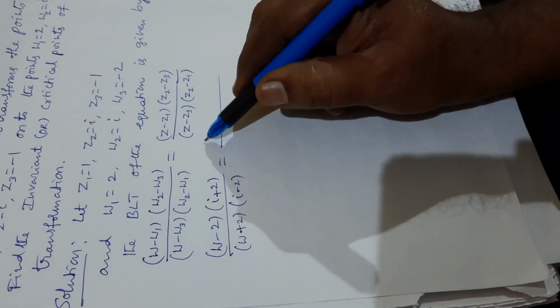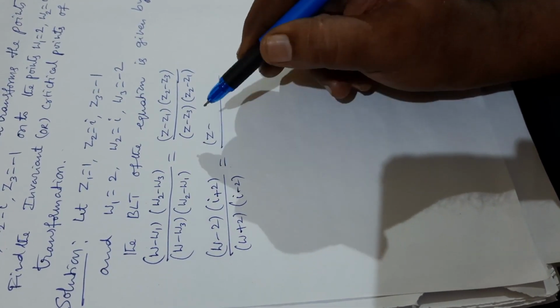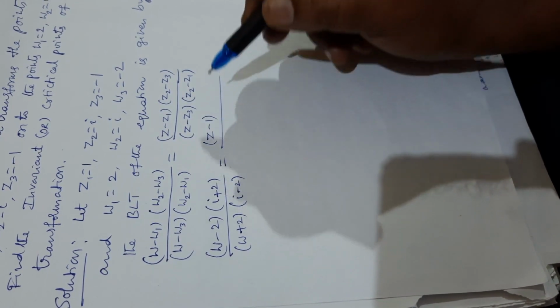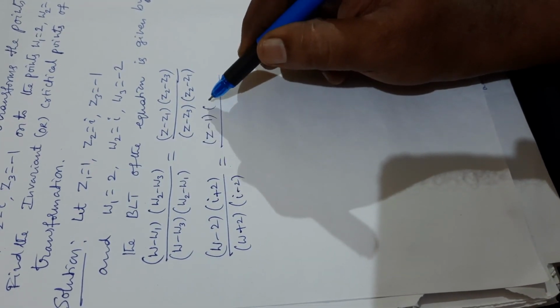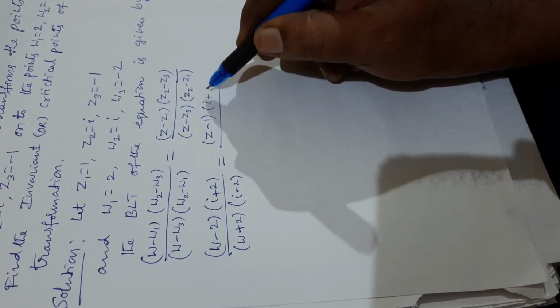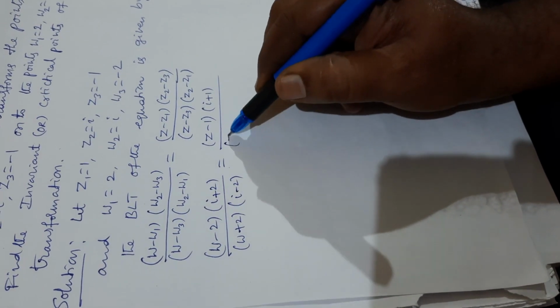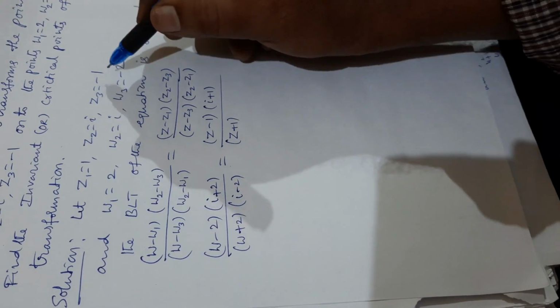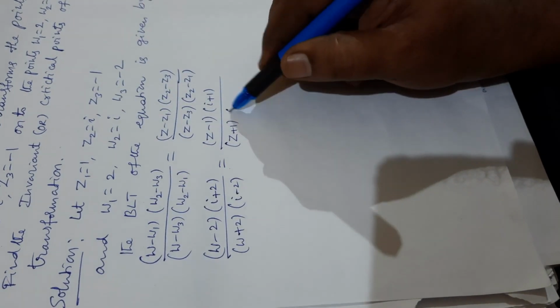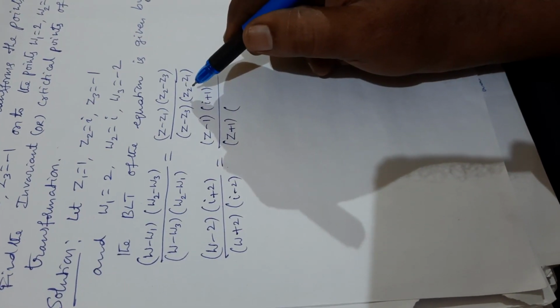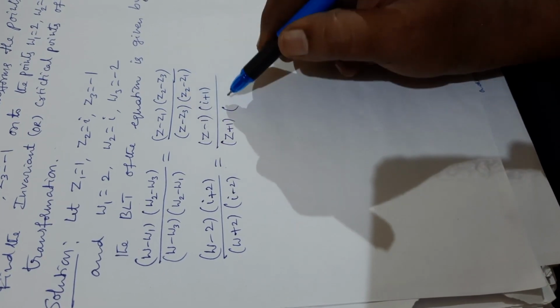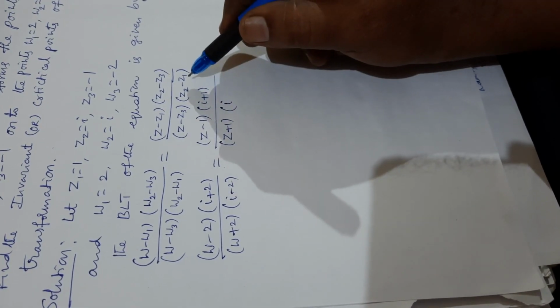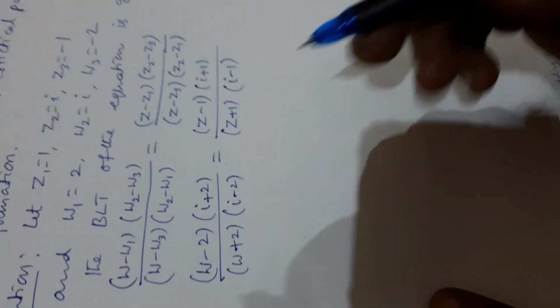Carefully substitute these points. z minus z1 is z minus 1, z2 minus z3 is i plus 1. Similarly, in the denominator z plus 1, and z2 minus z1 is i minus 1. This is the substitution. Further, on simplifying this,